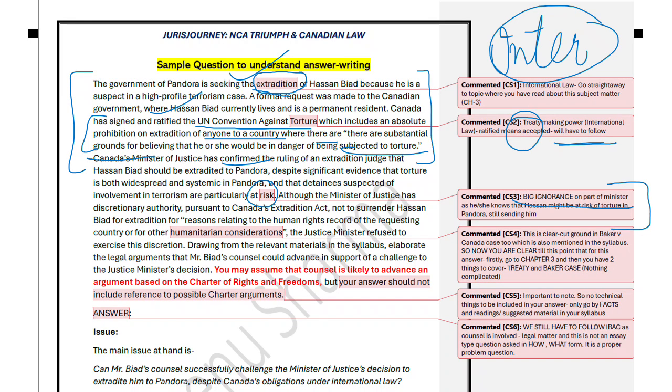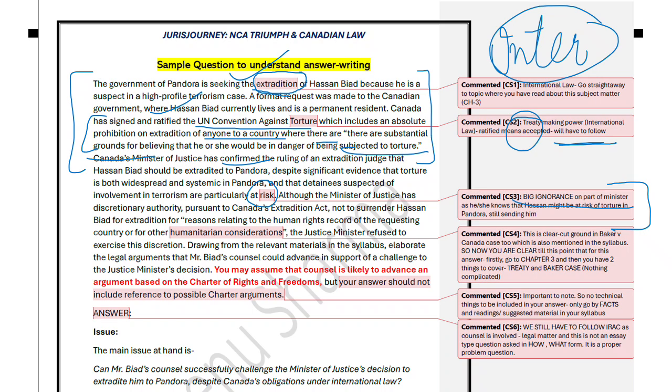So this is how you have to use your mind while reading a question. This will save your time in the analysis because you already have that picture in your mind. Then it will be very easy for you to just go through your notes quickly, take out rules, take out a few case laws and just put those into words under the analysis.